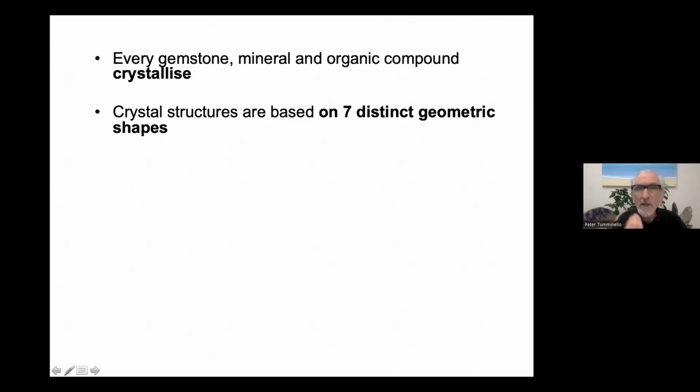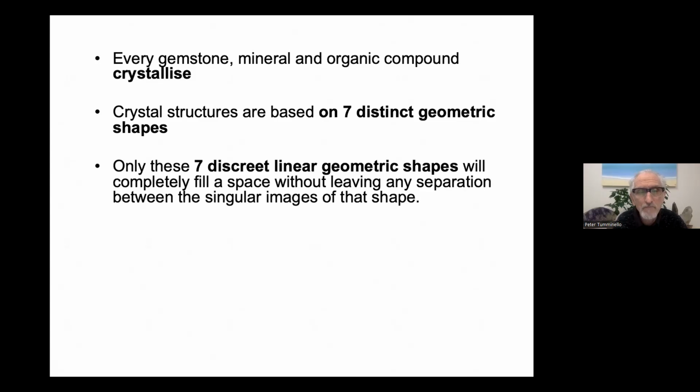So I'm going to have to let you into the idea of crystal structure and what it is here. Firstly, I have to say to you, crystal structures are based on 7 distinct geometric shapes. Those shapes are really fundamental shapes, and shapes that you're all familiar with. Only those 7 discrete linear shapes are able to completely fill a space without leaving any separation between the singular